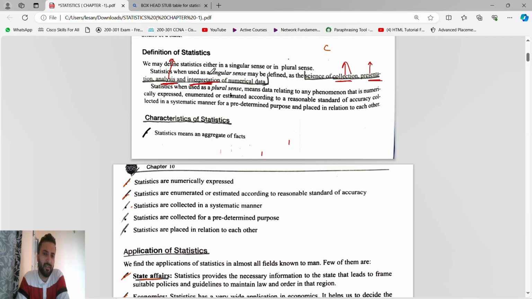Everywhere in life we do stats. Suppose you visit a college, you understand, right? Take my example. Suppose you have all visited a college. What will happen when you enter the college? You will see so many beautiful girls, and the boys will see the girls, the girls will see the boys. Then what will we do? We'll do the collection.